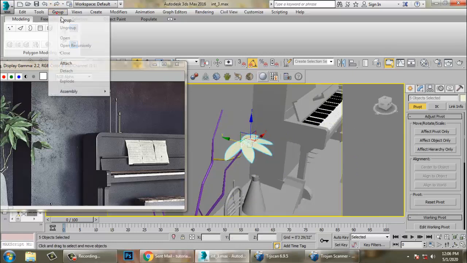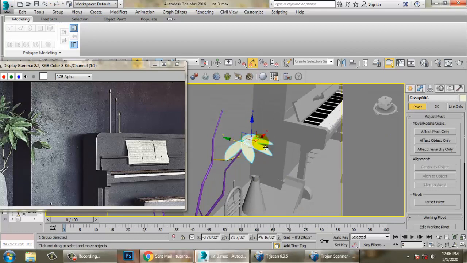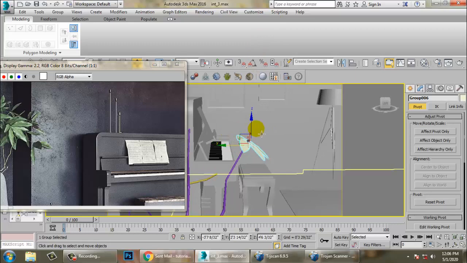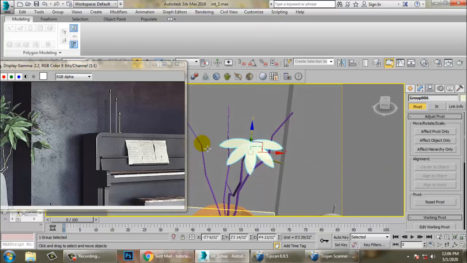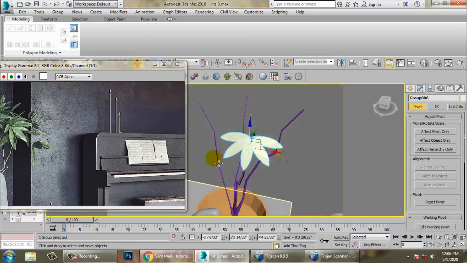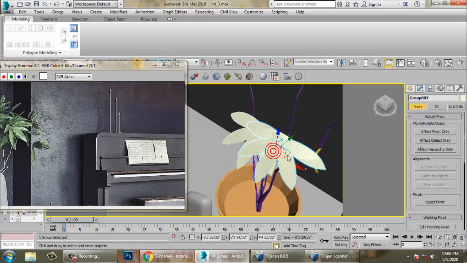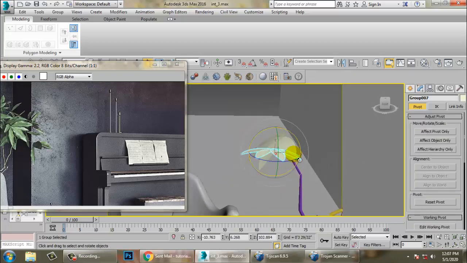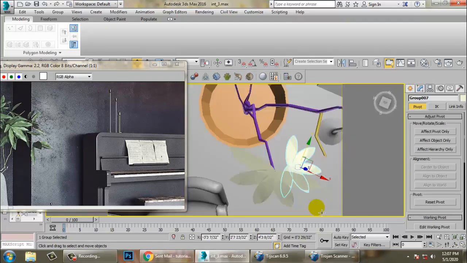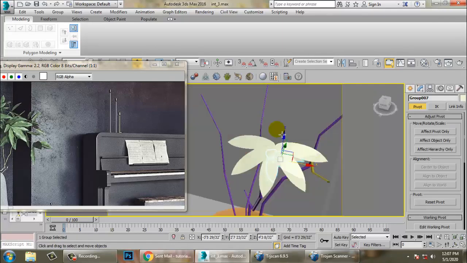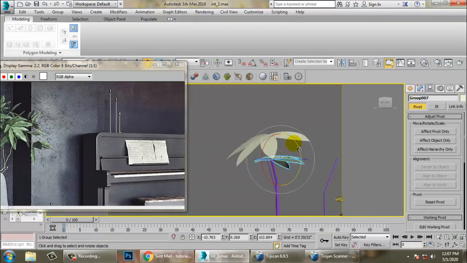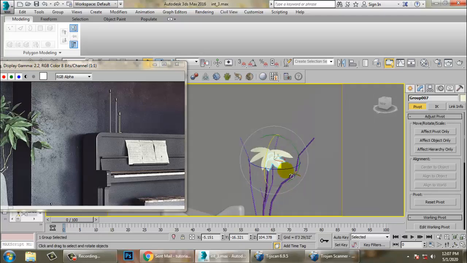So I can just group this all, and I can just rotate this a bit down over here in this way. So I can again make a copy of it, R and scale it, and again I can rotate it and just push that down over here. I'm doing it very randomly.